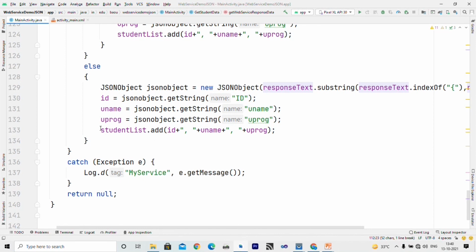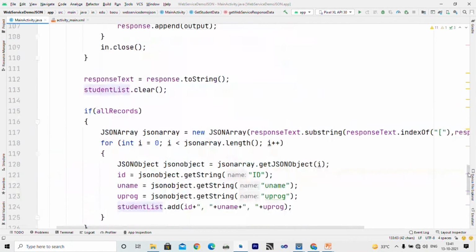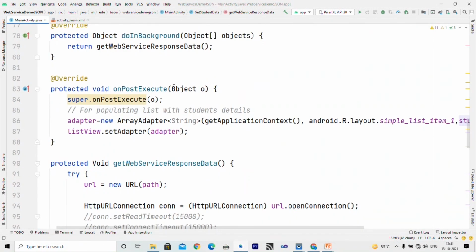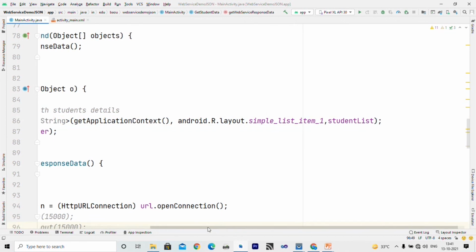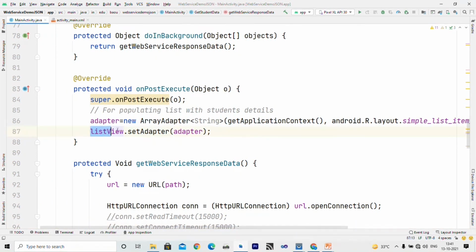Finally, we fetch all data and store it inside the student list array list. After doInBackground, the onPostExecute method is called. Here we have created an adapter which is specified by the student list array list, and based on the data available in the student list, it displays that data inside the list view.